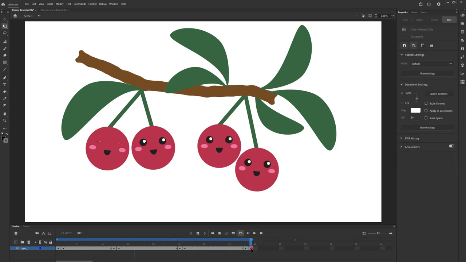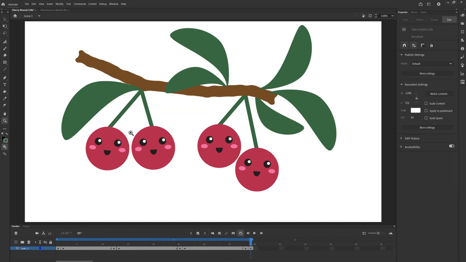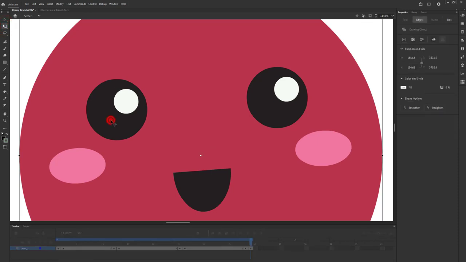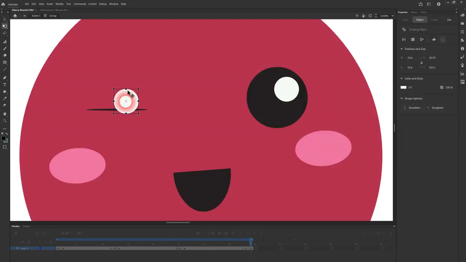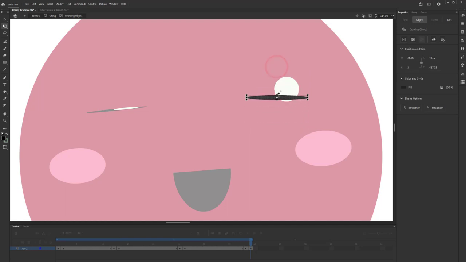Stop. Click the last frame, and now I will go to the last cherry, which I think is the second cherry. Yes, it's the second cherry. So magnify the eyes, get the transform tool, and shrink those eyes down. And arrow keys on the keyboard. Hold down Shift. Grab both parts of the eye, rotate that, move on to the other eye, shrink that on down,